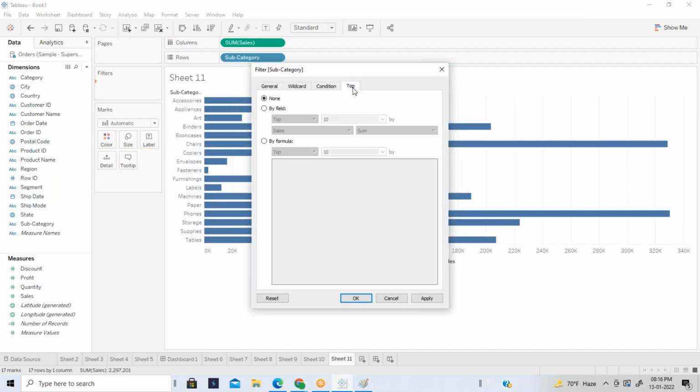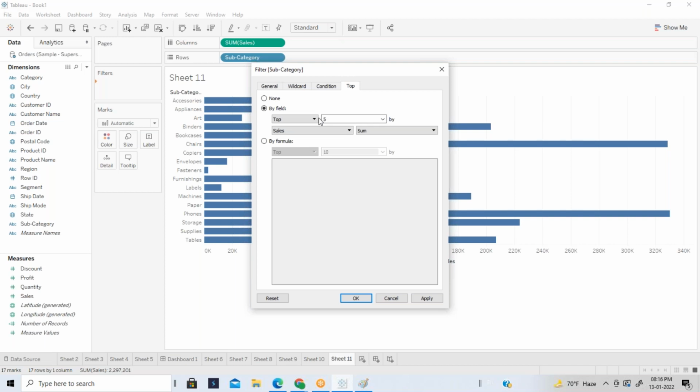There is an option called Top. There you can find the top. Okay, and I want to see only the top 5 records.